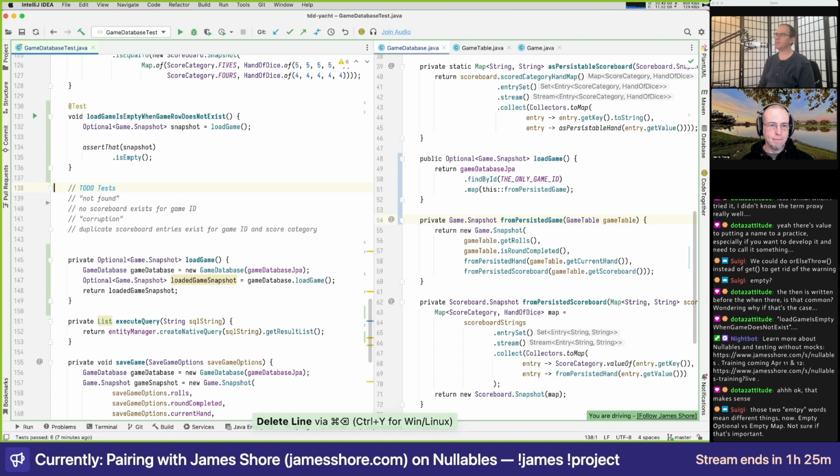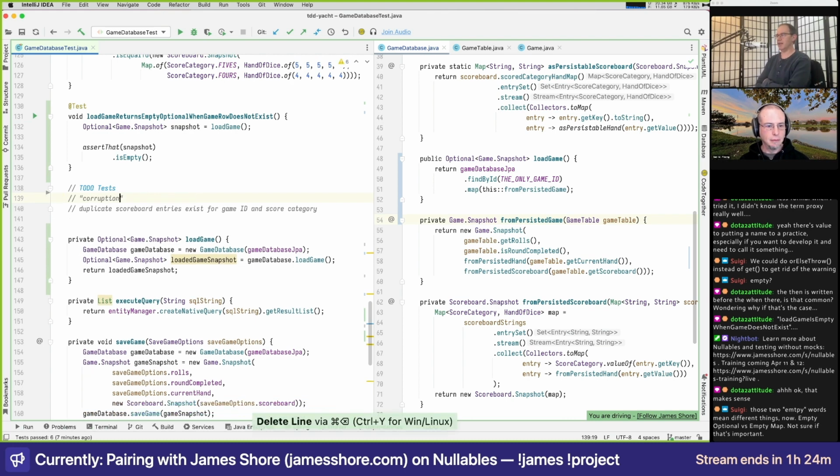Can we put not nulls on the Hibernate so that we cannot write? I'll let you finish this thought. Yeah. Sorry, go ahead. So now we need to get into really, truly corrupted data. The first thing that comes to mind is we've got columns that don't have data that they're supposed to have. Can we put constraints on the database using Hibernate annotations to just make that impossible? Probably.